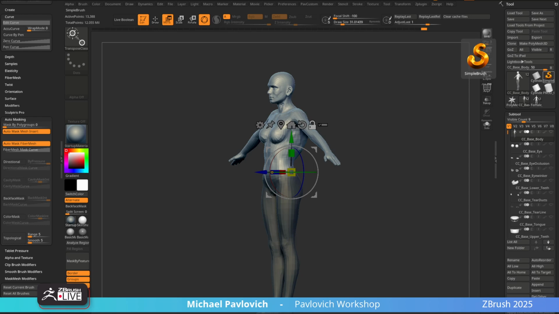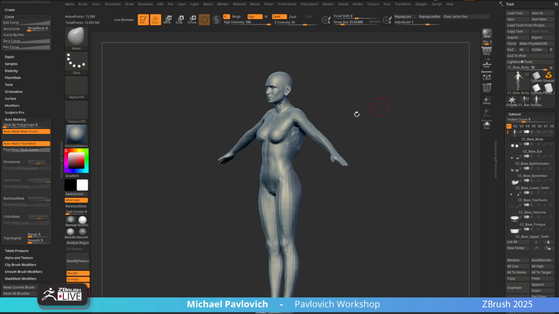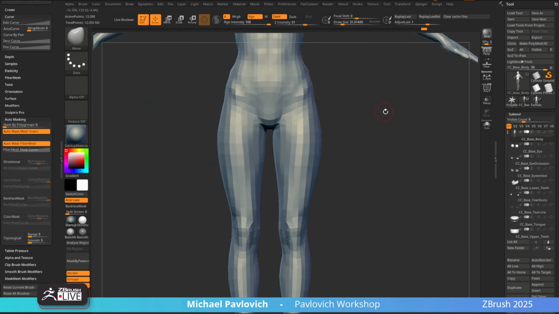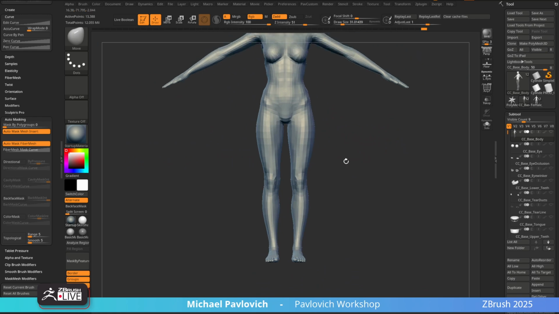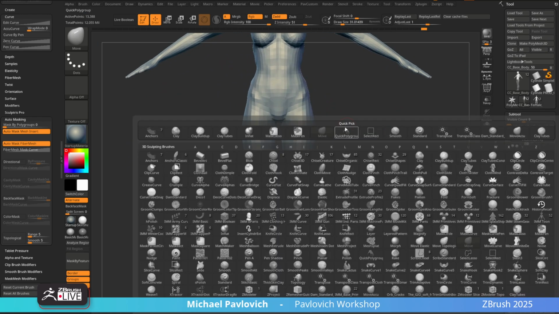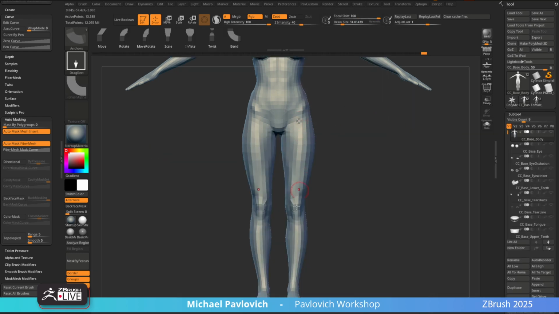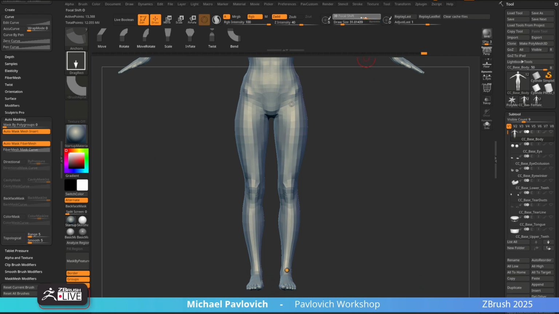It's actually a little bit more upright. You know what? We'll stay away from the hunched version for now. We'll wait until we copy this off. So let's see. Legs are going to be thinned out. So let's go ahead and use that anchor brush that we were talking about. So BA anchors. We'll go ahead and put one here, and we'll put one here, and we're going to put that focal shift right in the middle, and we're going to choose inflate, and we're going to just